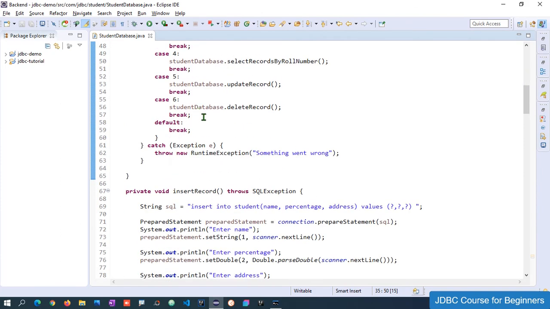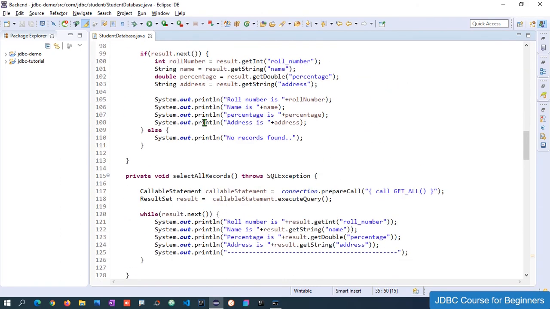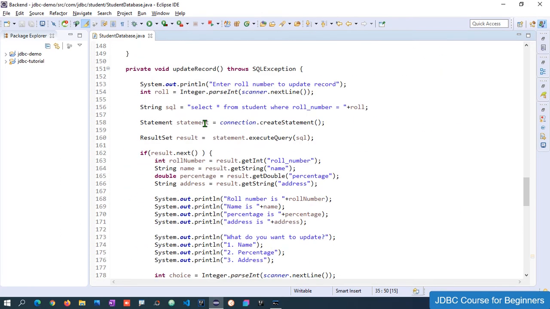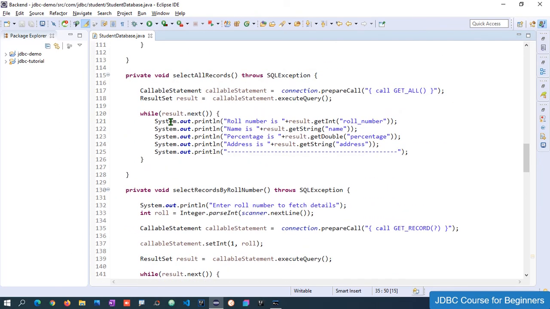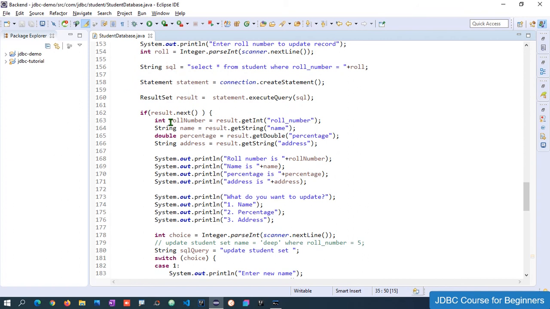And in this code we have a couple of things that we need to understand, because in the update record and in other places as well, we used some repeated code. In a professional manner, we don't add this kind of repeated code.